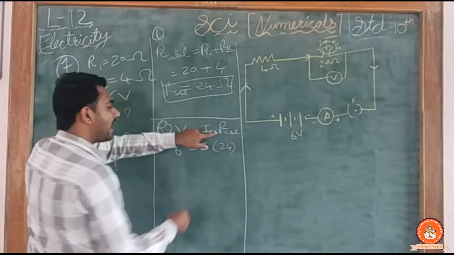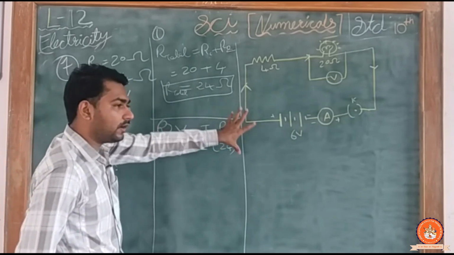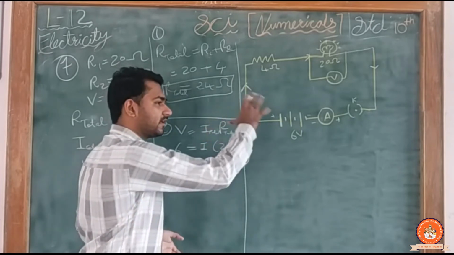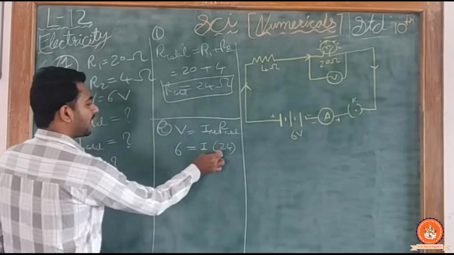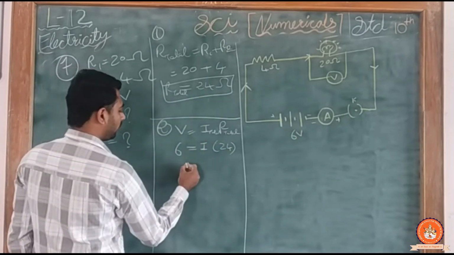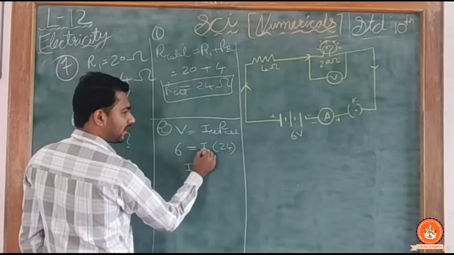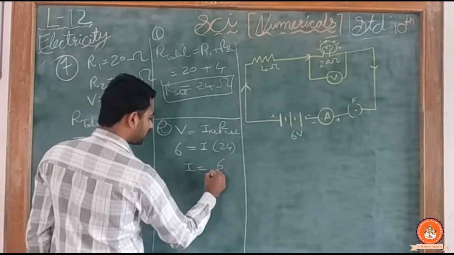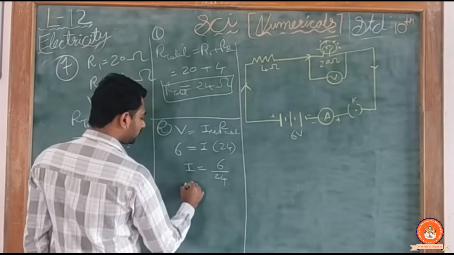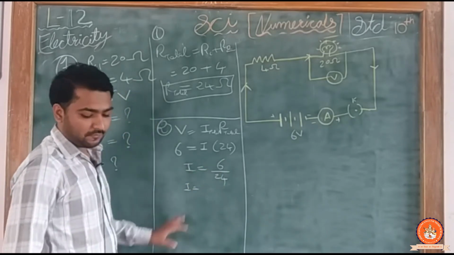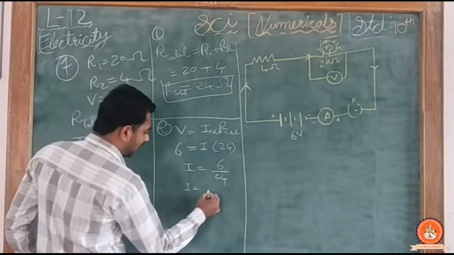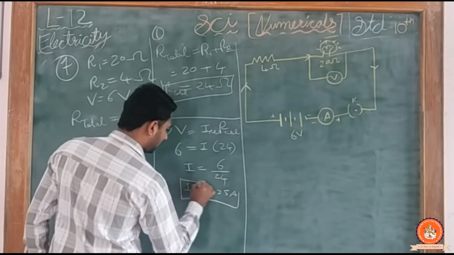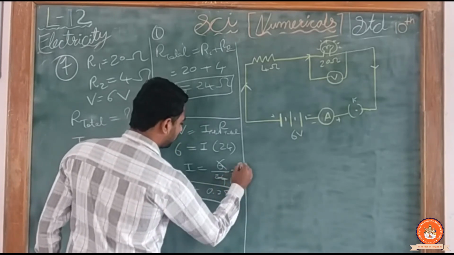अब हमने R total क्यों लिया, क्योंकि they told us that we have to find the current of the whole circuit. हमें पूरी सर्किट का करंट फाइंड करना है, तो पूरा सर्किट का रेजिस्टेंस भी होना चाहिए साथ में. That's why I take the R total 24 ohm. Okay, so I is equal to, I हमें फाइंड करना है. I make I the subject here and 24 will go down, so it becomes 6 divided by 24. Okay, so after calculation of this I will get my answer, that is 0.25 ampere. Okay, 6 4s are 24, 1 by 4.